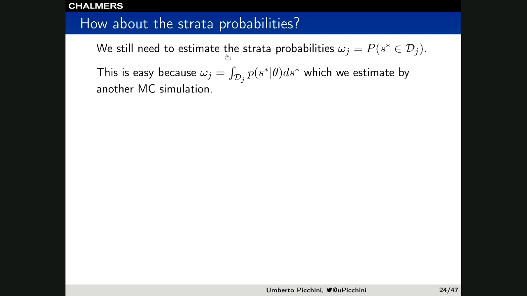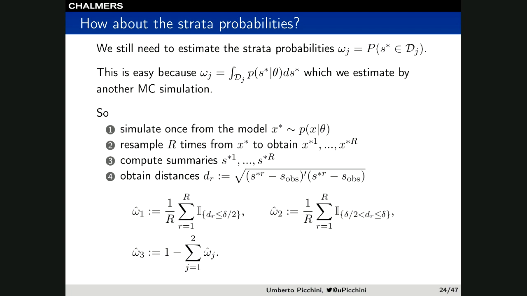But we still need to estimate this omega, and this can be done via a second Monte Carlo simulation. Basically, the omegas are defined by this integral. At a certain theta, we can simulate one more time from the model, resample from this data set that we simulated, and by bootstrapping, we compute again the corresponding summaries and these distances. Then we compute the proportions where these distances are within a radius delta divided by 2, or between delta divided by 2 and delta, and by difference, we obtain the last